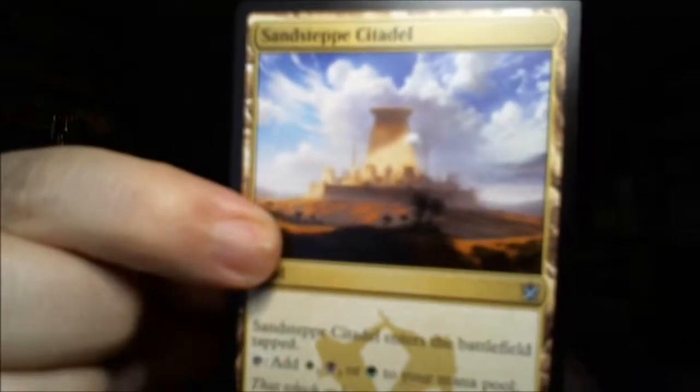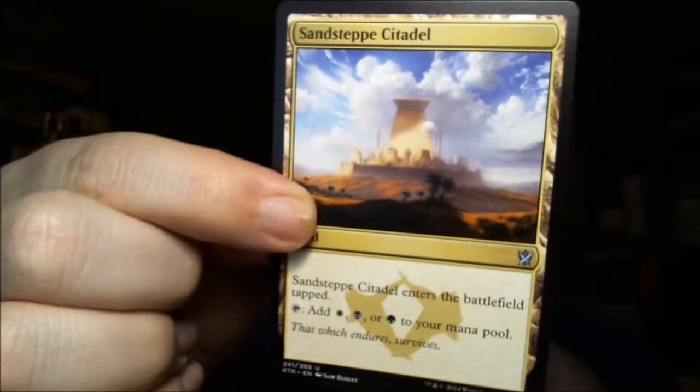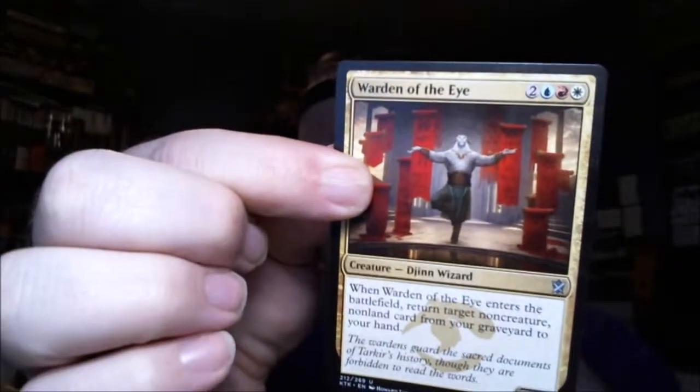We have Sandstep Citadel. We've seen that before. The last uncommon is A Word of the Eye. We've seen that one enough. And the rare, and this is just a single rare,